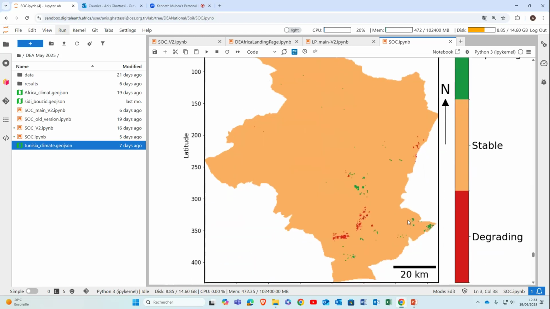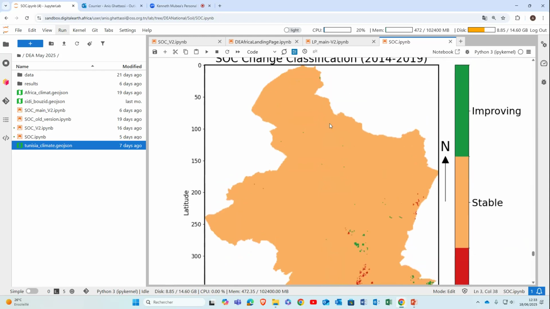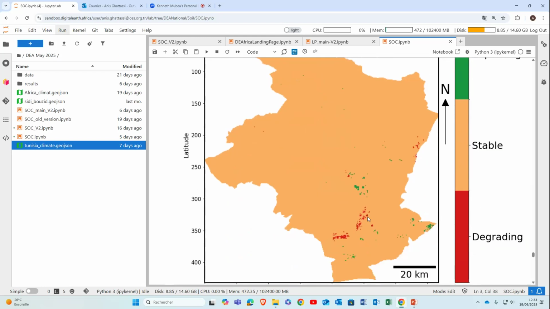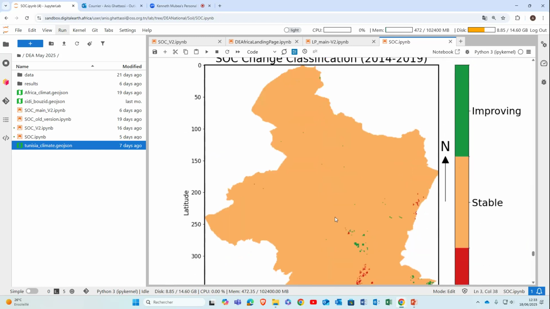So as final results for the soil organic carbon, we have three classes: improving classes, which is mainly in the south, and also the degrading classes, also mainly in the south of this region, and a stable class, as you can see here,